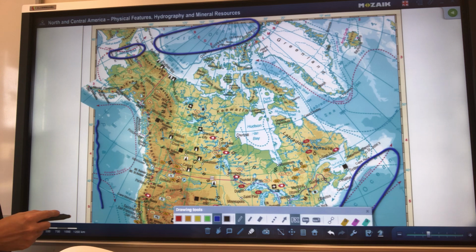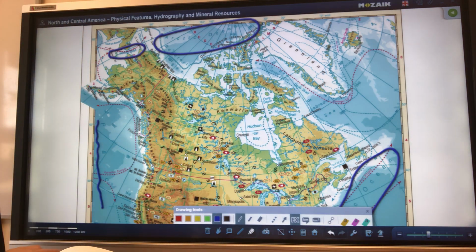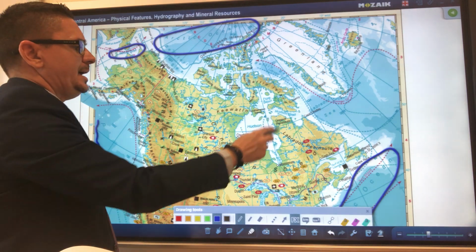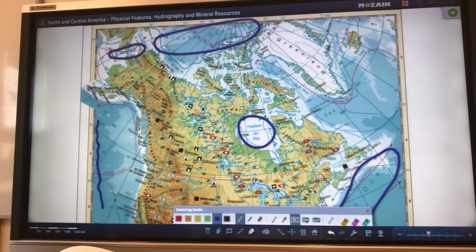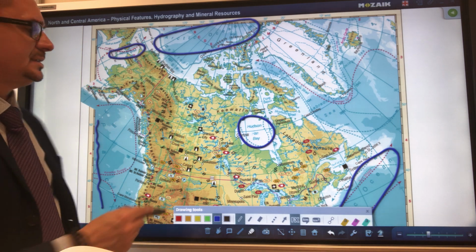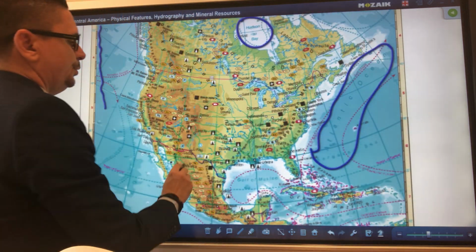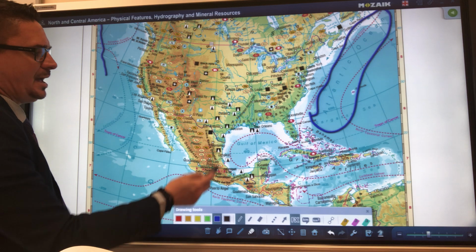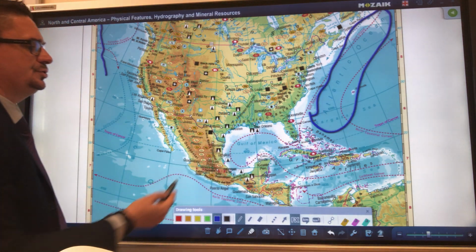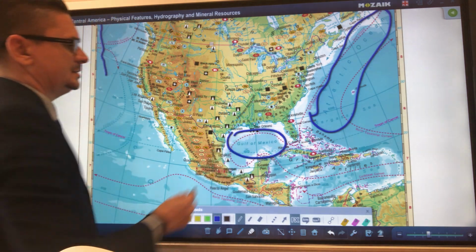So now we could find the major borders: Pacific, Arctic, and the Atlantic regions with the Bering Strait. Let's see this huge area, which is a bay surrounded by land. That is the Hudson Bay. Okay, now we can move to the south and let's analyze what we can find there. What bordering waters? If you see this map, you can find another huge Gulf area, Gulf of Mexico, which I'm going to circle right now,